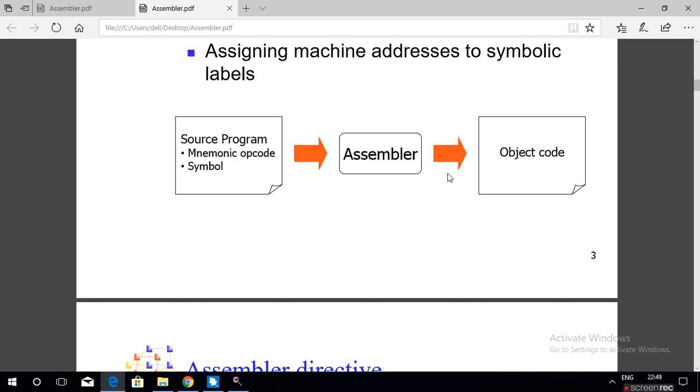So we can say assembler is a system software which converts an assembly level language program into the equivalent machine level language program.